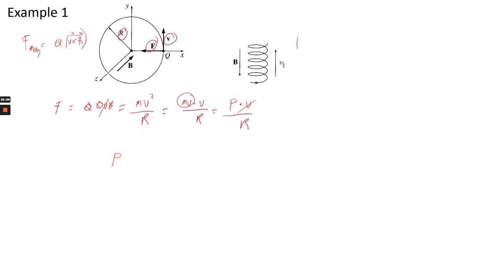So the momentum is just Q B R. Okay, so that's the momentum. Q is the charge, right? And B is your magnetic field. So this equation is known as the cyclotron formula